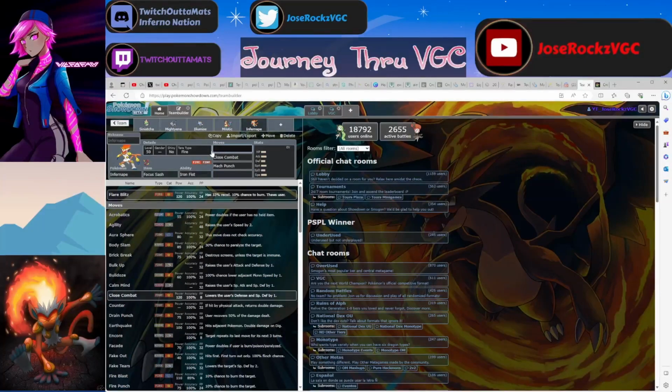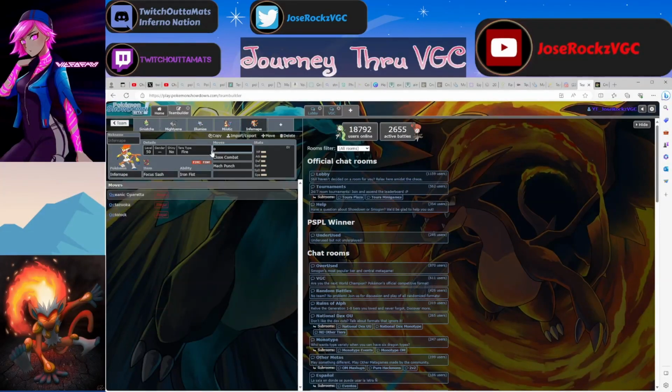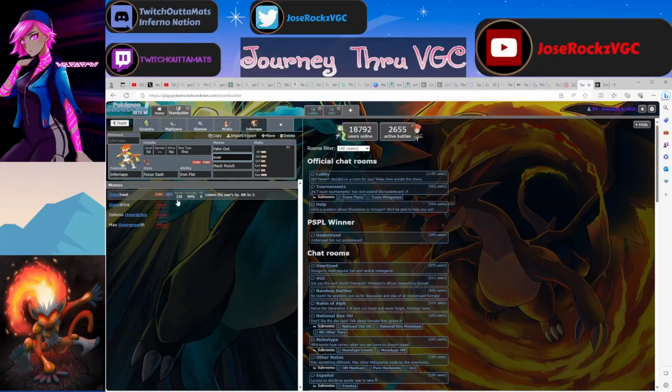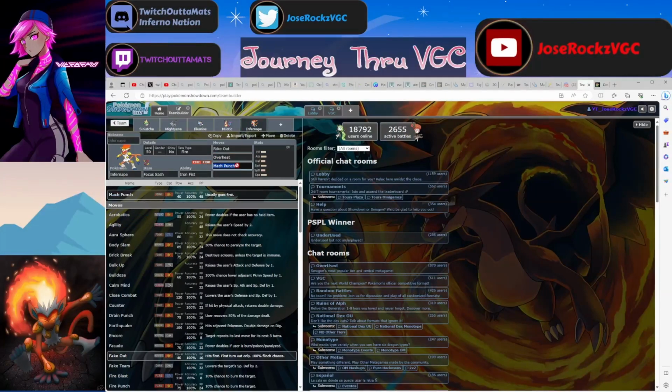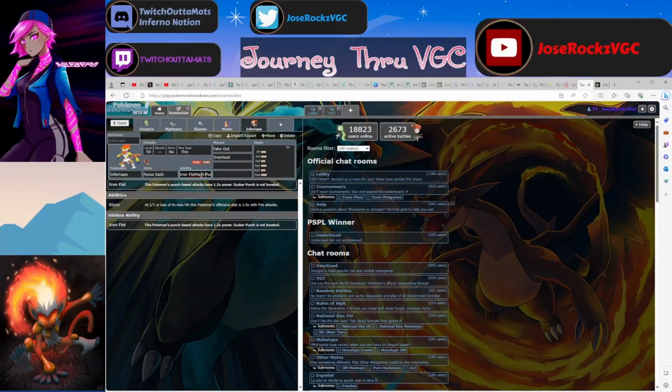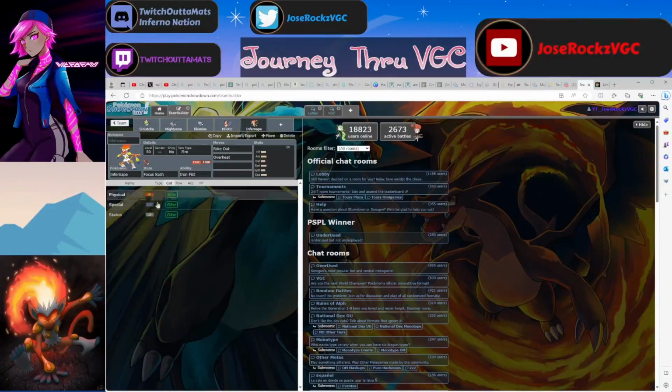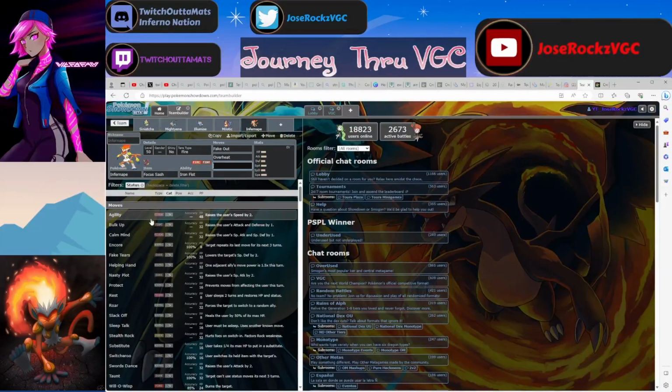Now another Infernape I've been running is Overheat, because it does get Fake Out, right? So Fake Out, which is really fast, and Overheat, right? And now you can go with 2 support moves, right? Make a support Infernape. Now check out this kit: Encore, fast Encore that's not Prankster, so you can use it